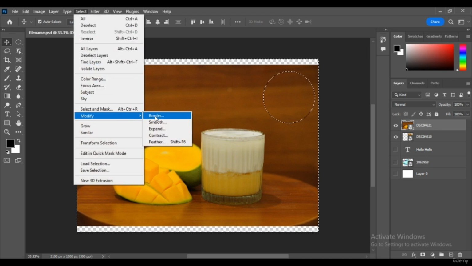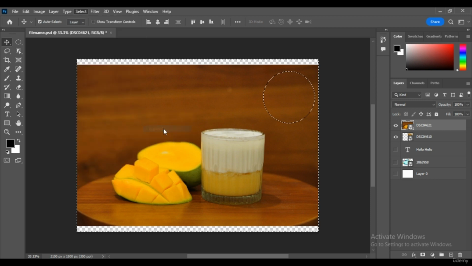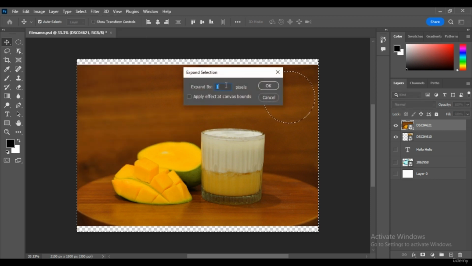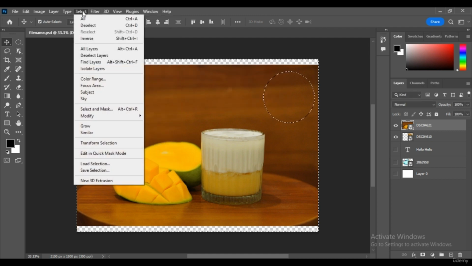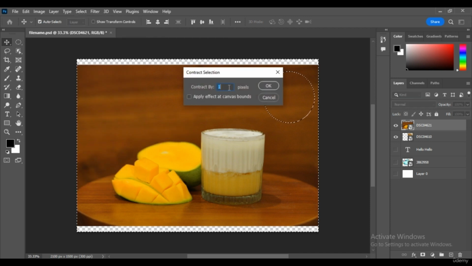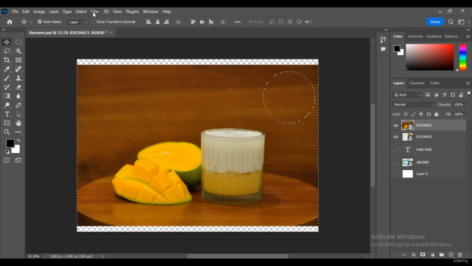And then we go to modify, expand 2 pixels or whatever you want. Click OK. Or if you want to contract the area of the selection, click contract to decrease the area of the selection by 2 pixels.